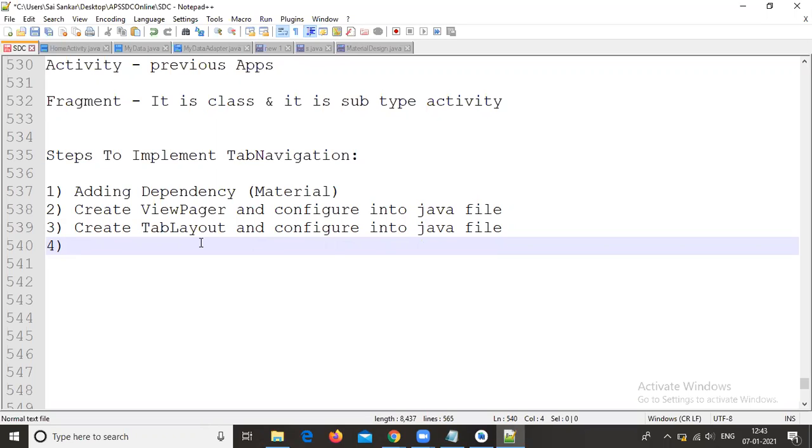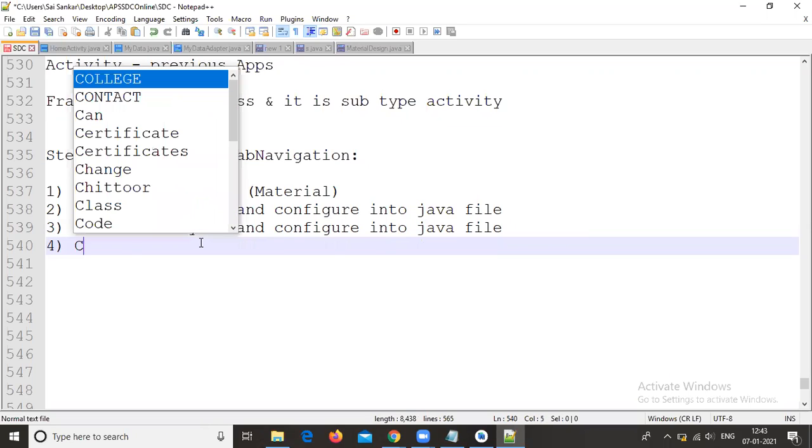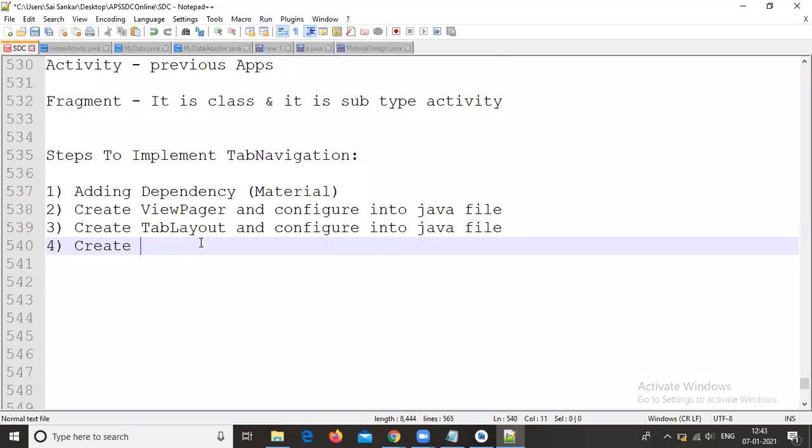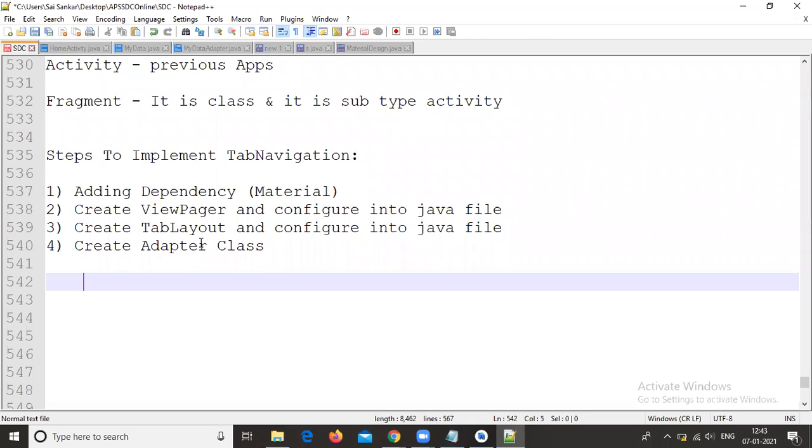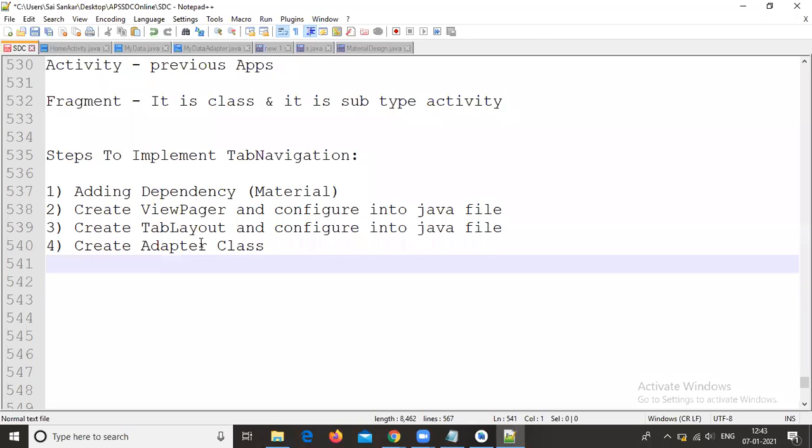The fourth step is to create an adapter class. Here we are implementing the tab navigation related adapter, and the syntax looks like this.